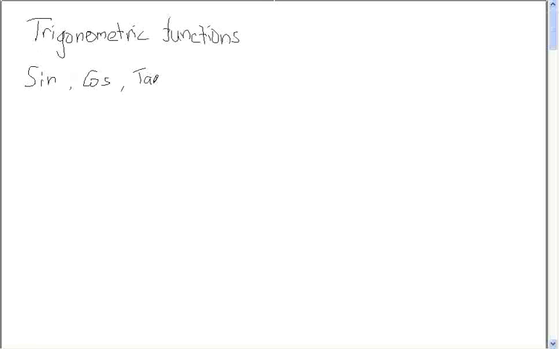for your GCSE highers. Alright, so I'll just write out the heading: trigonometric functions. There are three main functions that you learn for GCSE. Those three are sine, cos, and tan. Alright, now the sine function is defined as the ratio between the opposite side